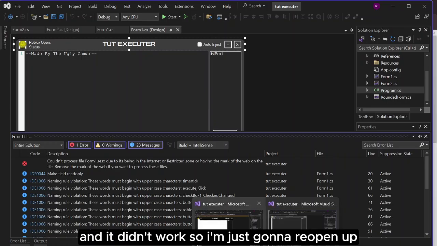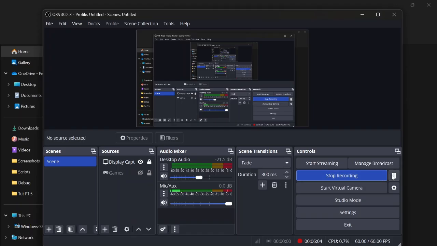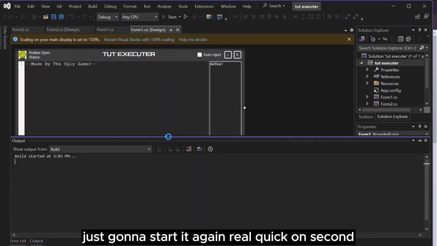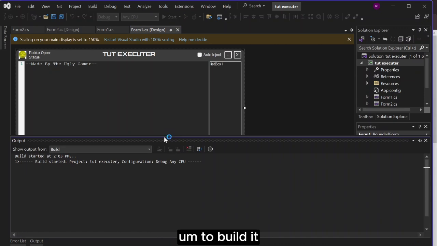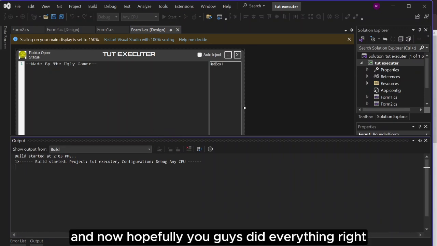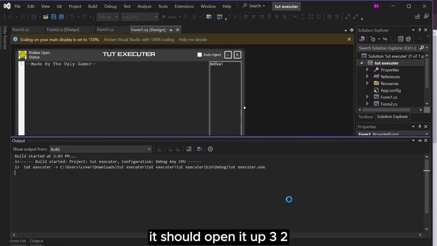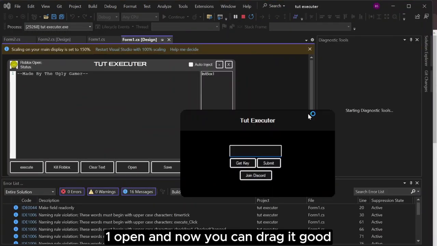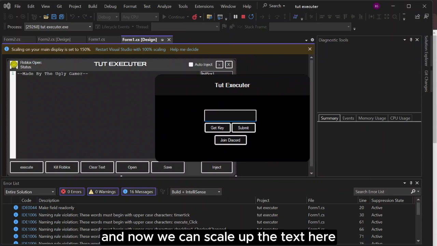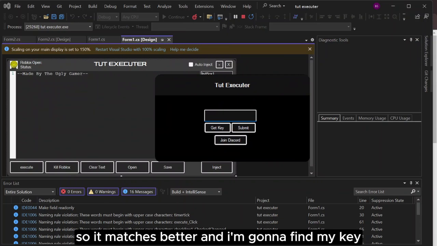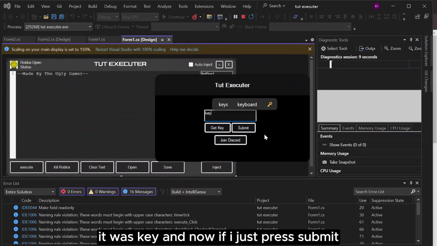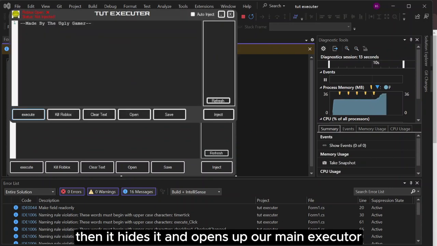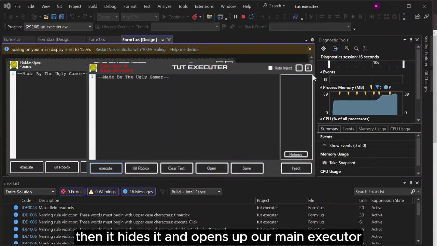So I'm just gonna reopen that real quick. Okay, I reopened it, and now I'm just gonna start it again real quick. One second. It's gonna build it, and now hopefully, if you guys did everything right, it should open it up. 3, 2, 1, open. And now you can drag it. Good. And now you can scale up the text here so it matches better. And now I'm just gonna put in my key. It was key. And now if I just push submit, then it hides it and it opens up our main executor. And now if we close this out,